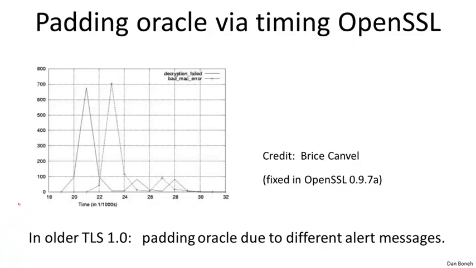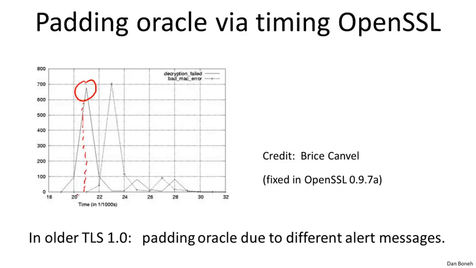So this was observed by Canvel et al. They realized that the way TLS decryption is implemented is, first of all, the record is decrypted, then the pad is checked, and if the pad is invalid, decryption is aborted and an error is generated. If the pad is valid, then the MAC is checked, and if the MAC is invalid, decryption is aborted and an error is generated. As a result, this causes a timing attack. If the pad is invalid, then the alert message is sent very quickly. You see that within 21 milliseconds the ciphertext is rejected.